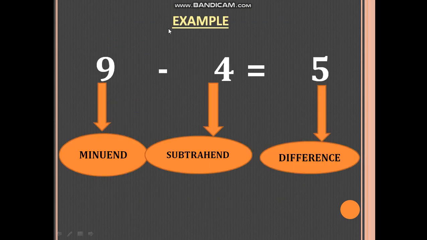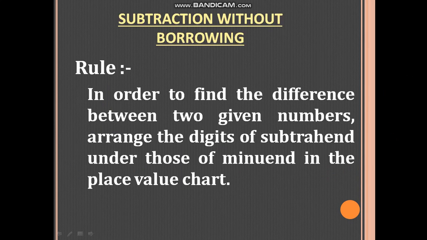Here I am telling you in a picture about the subtrahend. 9 is the minuend because in 4 and 9, 9 is the larger one, so 9 is the minuend, and 4 is the smaller one, so it is the subtrahend. When we are finding the difference, 9 minus 4 is 5. That one is the answer. This one is called the difference. So the rule